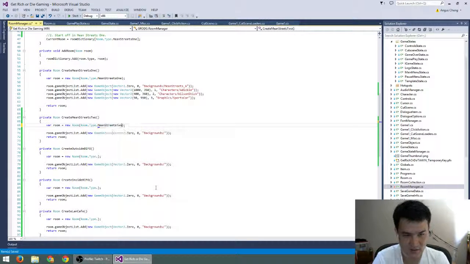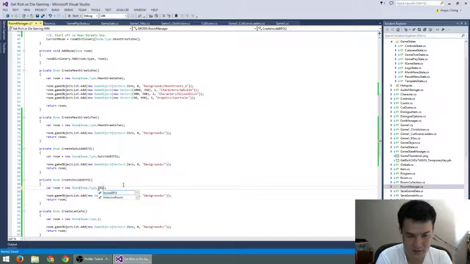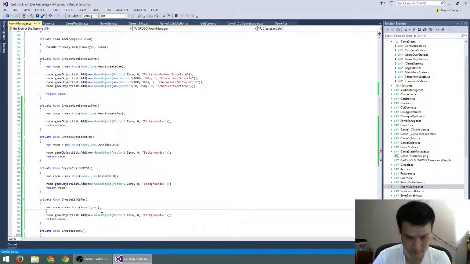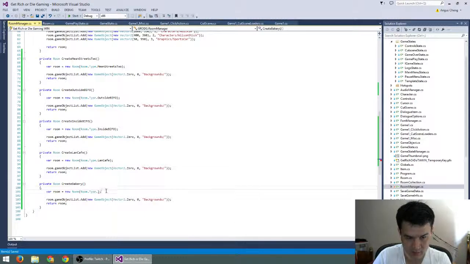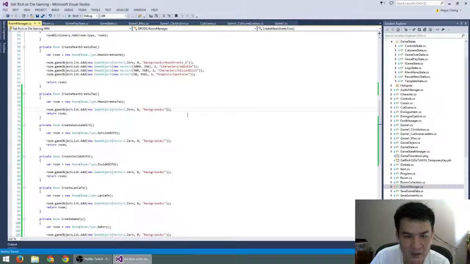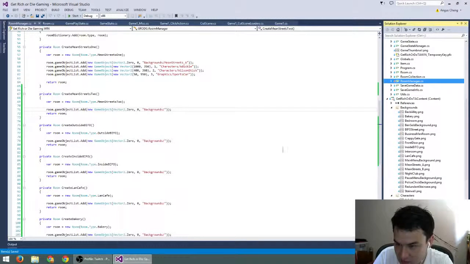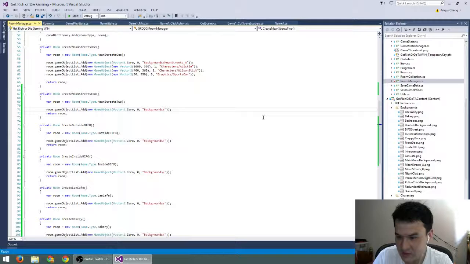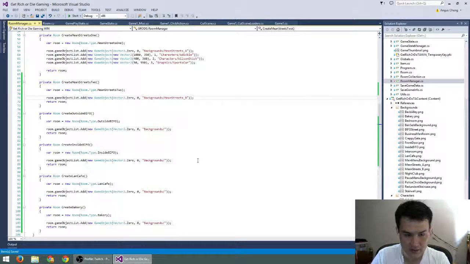Mean Streets 2, outside Bifo, inside Bifo, cafe, bakery, right? And then we should look at the backgrounds, like what these files are called. So we've got Main Streets 2, which I think is called Main Streets, it's called B, yep. And we have